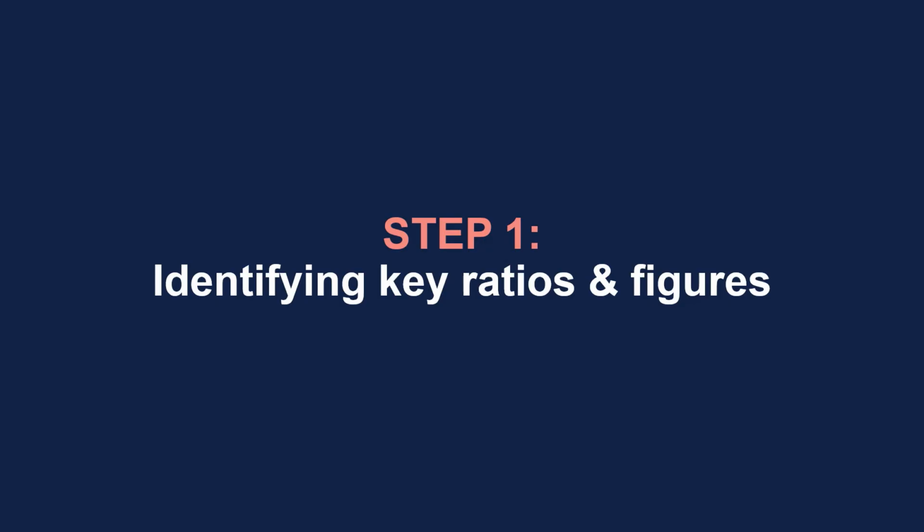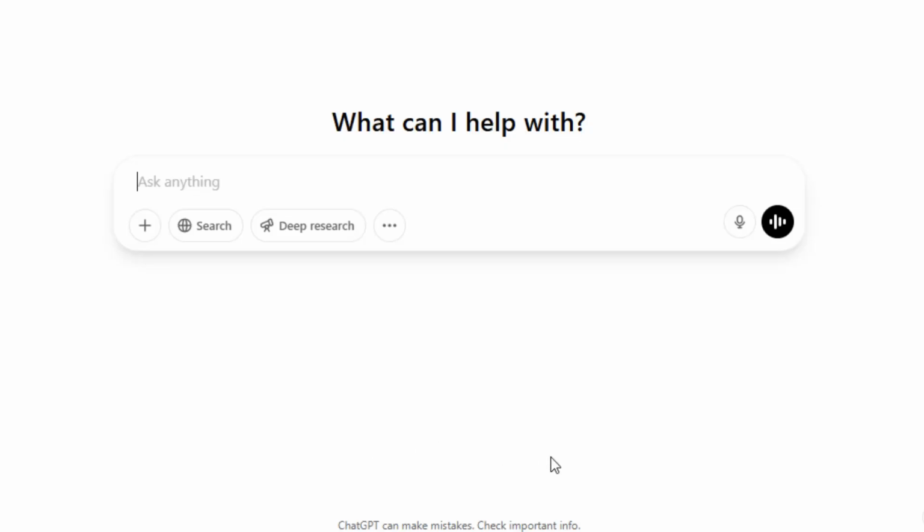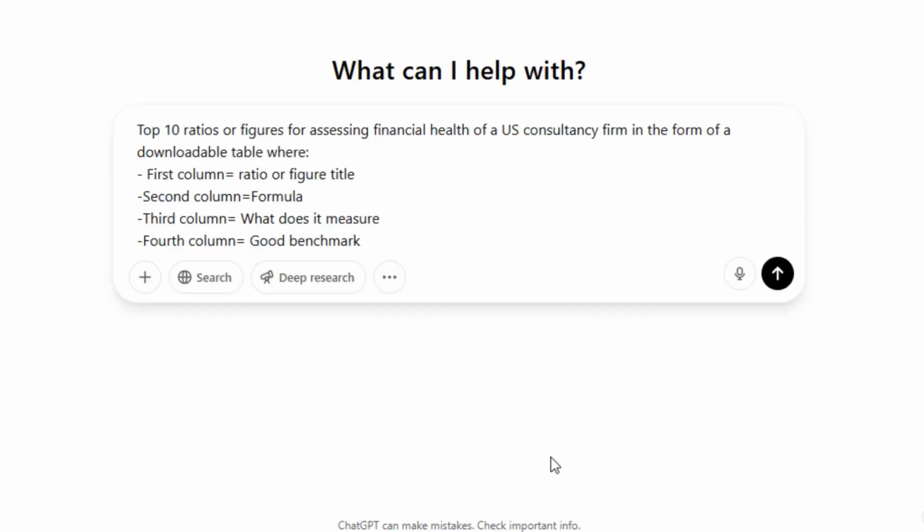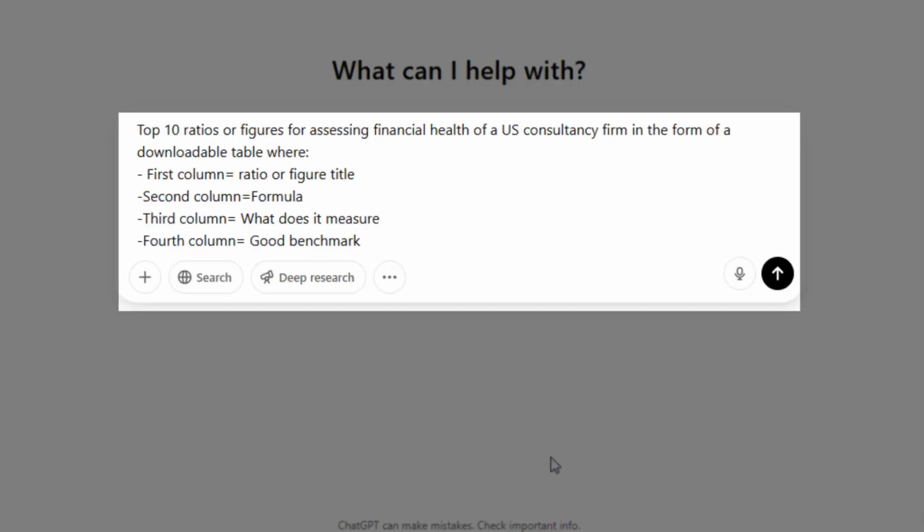Identifying key ratios and figures. First, he opens ChatGPT for a brainstorming session. He prompts ChatGPT to show accounting ratios which can help in assessing the financial health of Top Talent. He enters the prompt: top 10 ratios or figures for assessing financial health of a US consultancy firm, in the